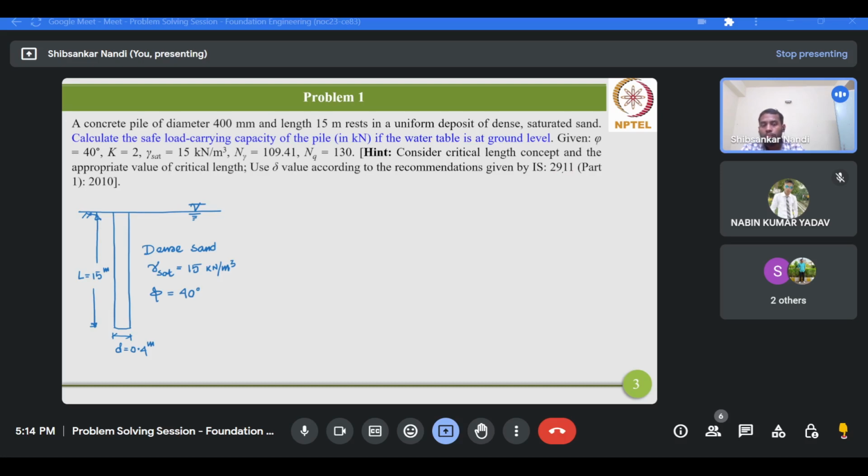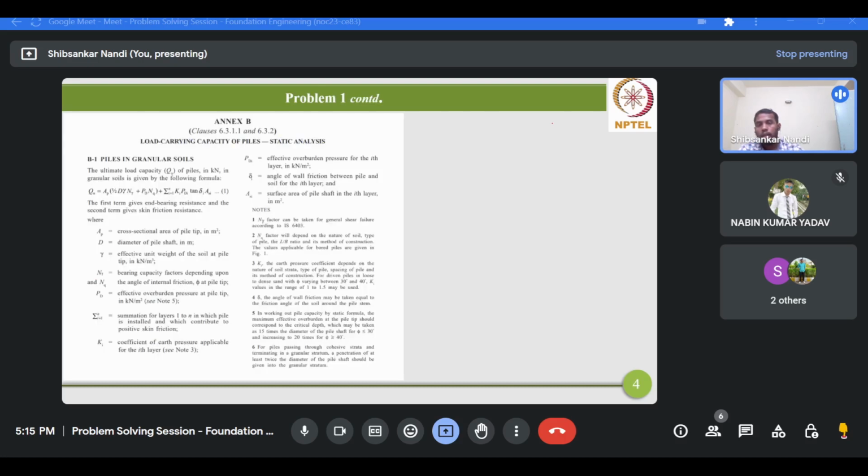Okay, so it's very clear that you have to use the static pile load formula. Again, under the static pile load formula, in the previous session we applied Tomlinson's method to determine the safe load carrying capacity. But in this problem, we'll see the application of IS code recommendations to determine the safe load carrying capacity of a given pile. So we'll first see the recommendations given by this Indian Standard